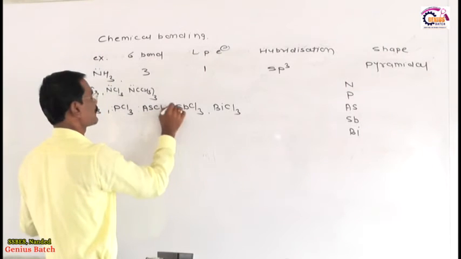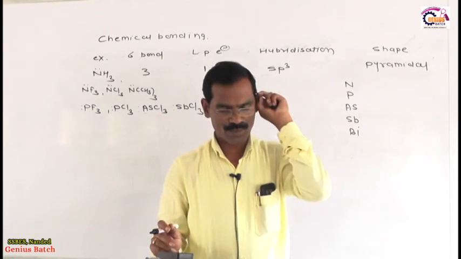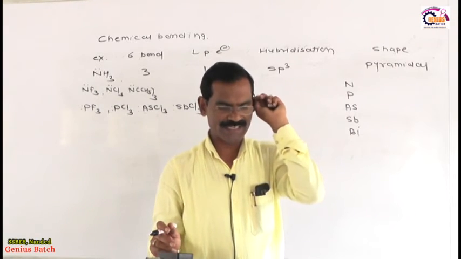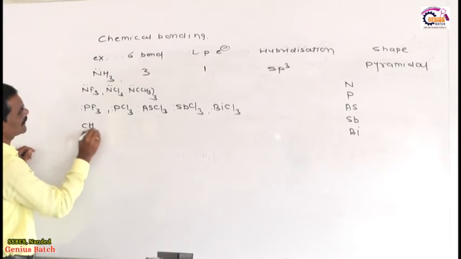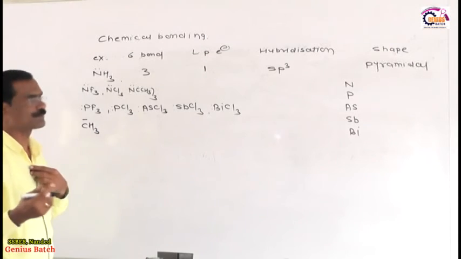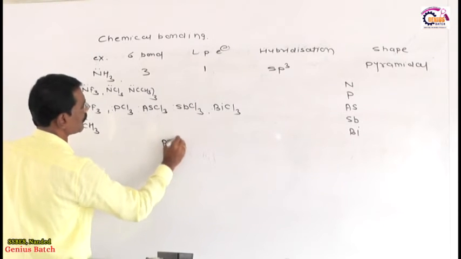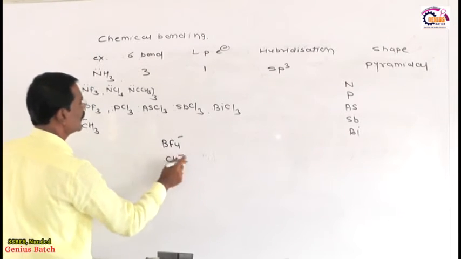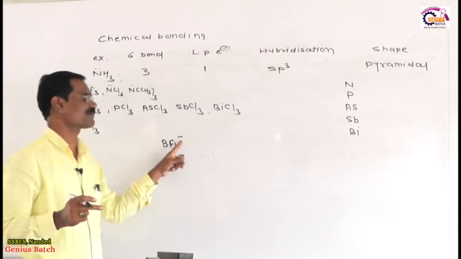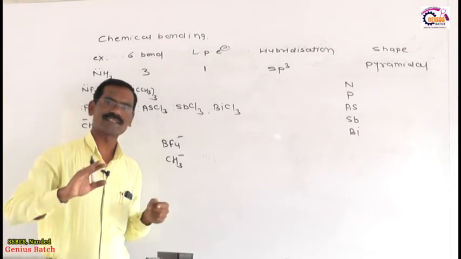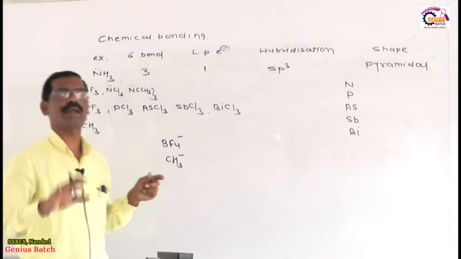So all these molecules have a central atom with 3 sigma bonds and 1 lone pair. As per my idea, you don't have any problem. Then a different example which is CH3 minus. Dear student, what is the difference between BF4 minus and CH3 minus? In BF4 minus we consider the minus in the counting, but I already explained why this minus is not considered here, because this negative empty orbital we already considered in hybridization.